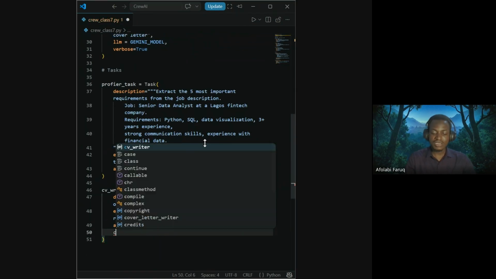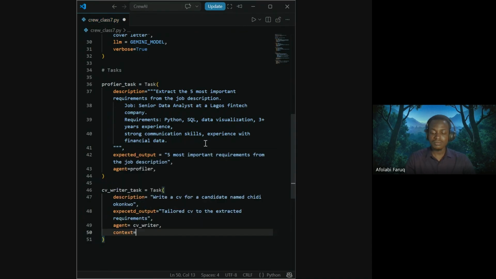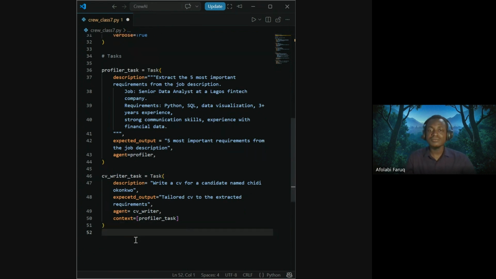Then we have the context. The context here is the profiler task. Okay, so that's the second task.